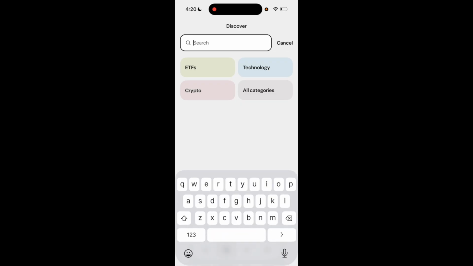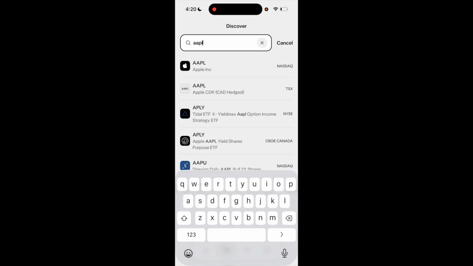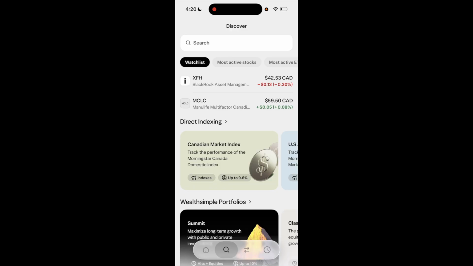Now you can either search up a stock of your choice. So for example, if you wanted to buy Apple stock, I will type in ticker symbol AAPL. Then you can find the stock this way, or if you just want to search stocks, go to the search